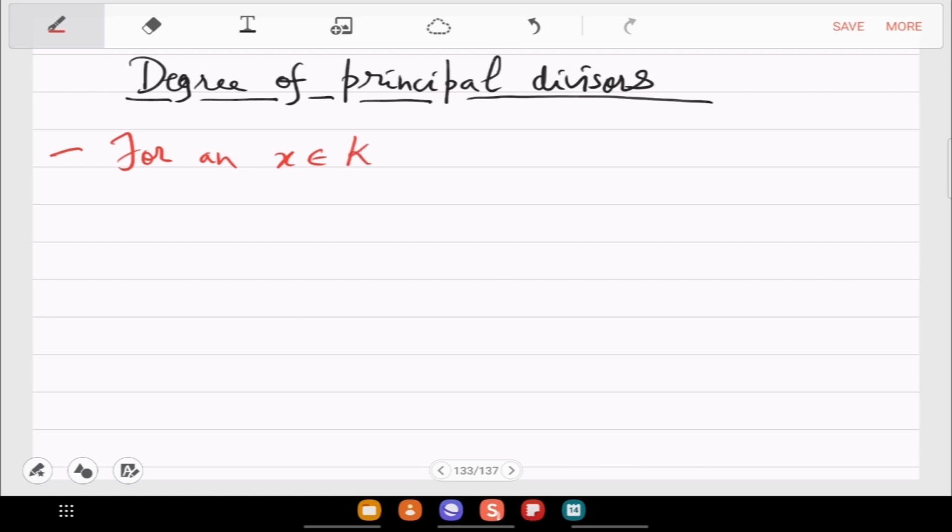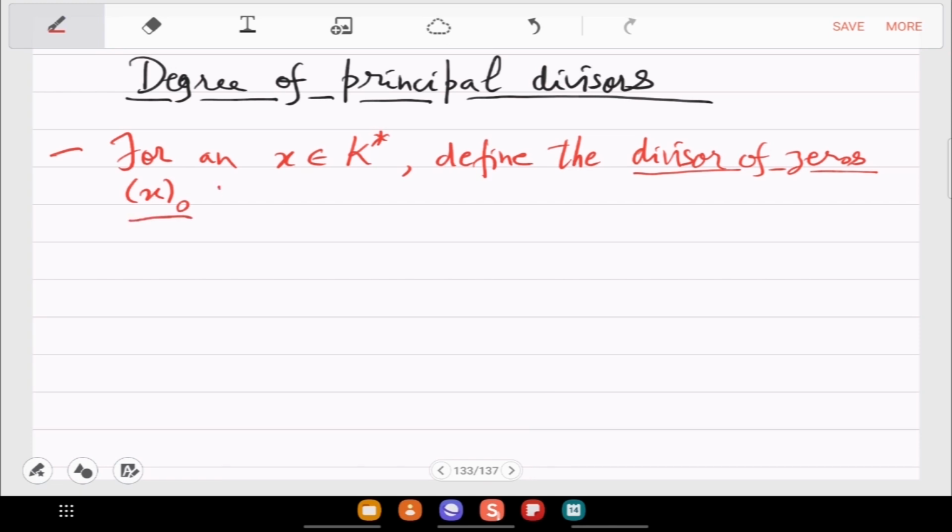So for a non-zero rational function x in the function field big K, define the divisor of zeros as x_0. These are the zeros that the function has, with multiplicity, right? So it is the sum of v_p(x) times p over those p with positive valuation, which means that p is a zero of x with multiplicity v_p(x). That's an element in the divisor group,